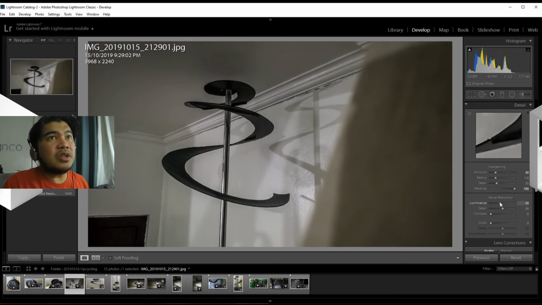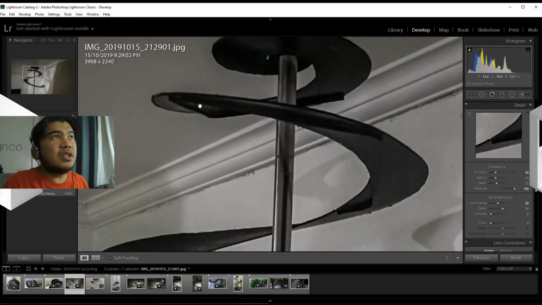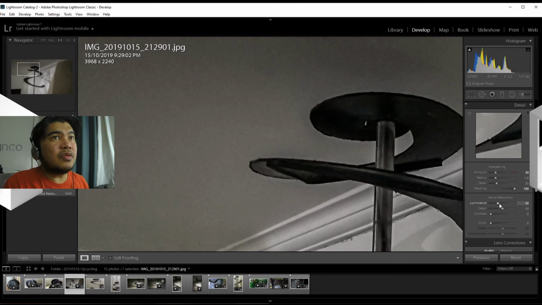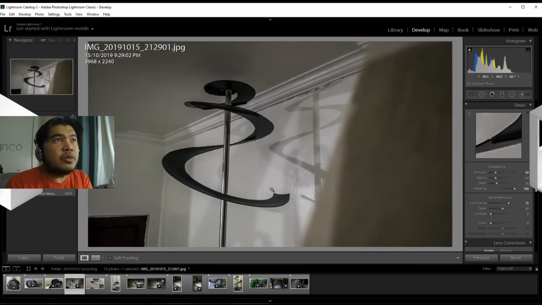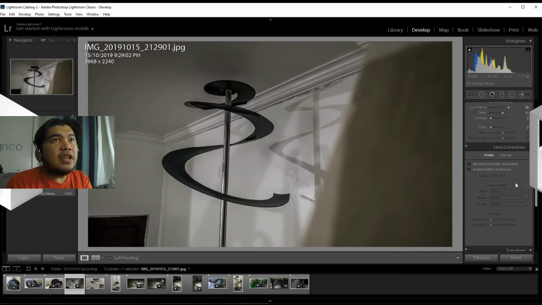Normally I keep luminance under 50. Just a rule of thumb, so it can be relative. But here, in this particular photo, because it's dark, let's go to 75. Color, we don't seem to need it, so we'll skip that. And then you normally check this off, remove CA, even if we don't see it,